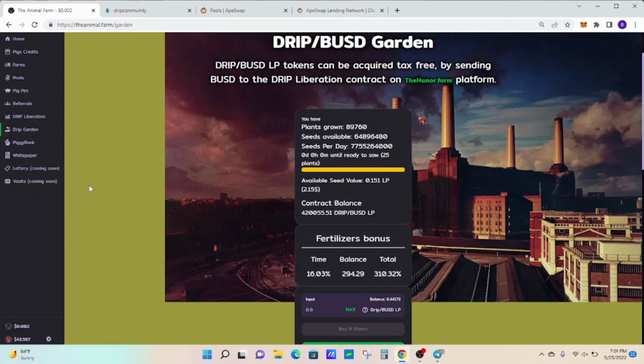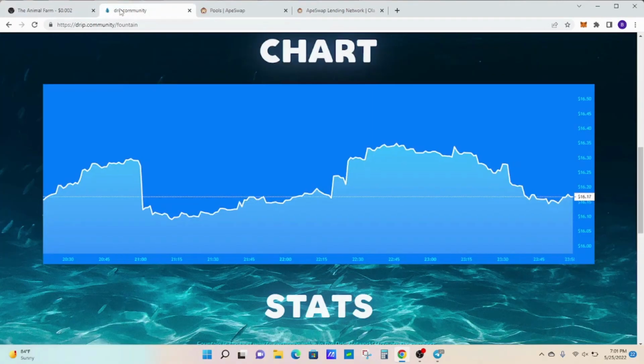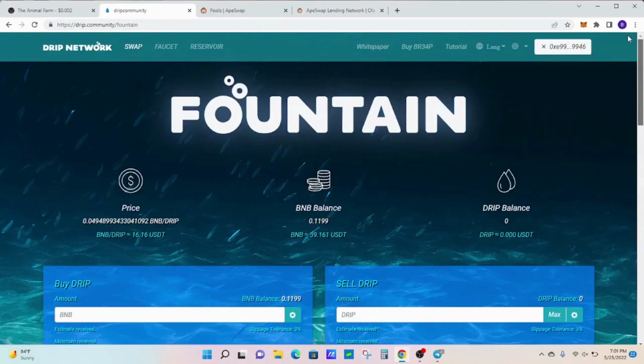So let's dive into it. Before I get into the meat and potatoes of the video on the drip faucet, first and foremost, I will let you know how I actually fund my faucet. Primarily I use the drip garden. I've done multiple videos previously, so I won't spend too much time on it, but I have a little less than 90,000 plants now, still taking profit from the garden, which varies about 100 to 120 bucks per day, and then the rest I compound back into the garden, and I put it into my drip faucet here.